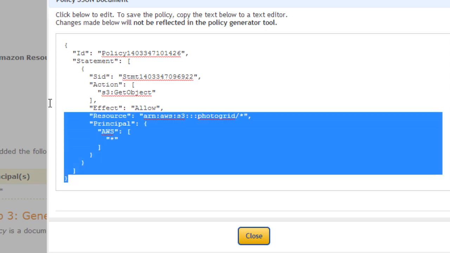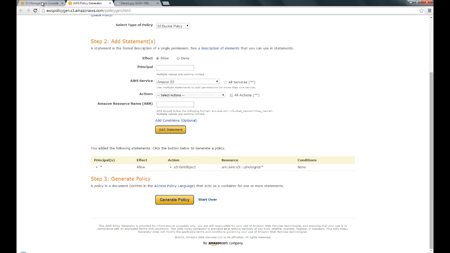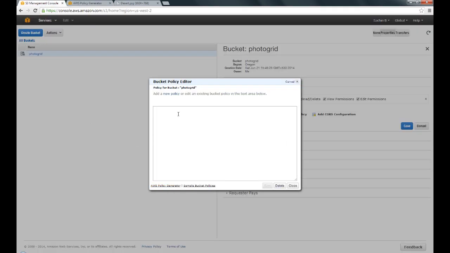Simply go ahead and copy this entire text. Just select the entire thing, right click and say copy, close, go back to the S3 management console, and within this window just paste this policy, and we'll click on save.